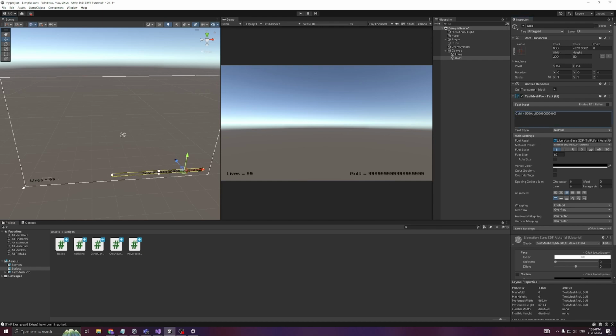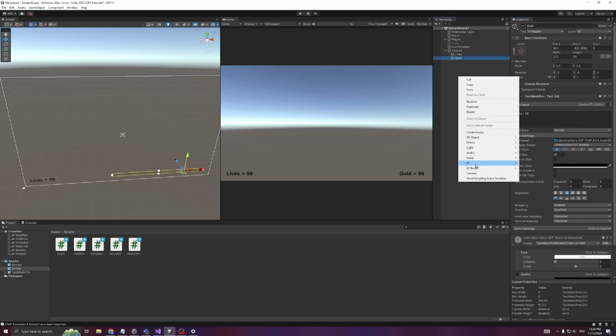And now they can have this much gold until it moves itself down a line, which I'm sure your game won't reach. You could also use shortened forms if you needed to have larger numbers. Okay, so we've got our lives, we've got our golds text,